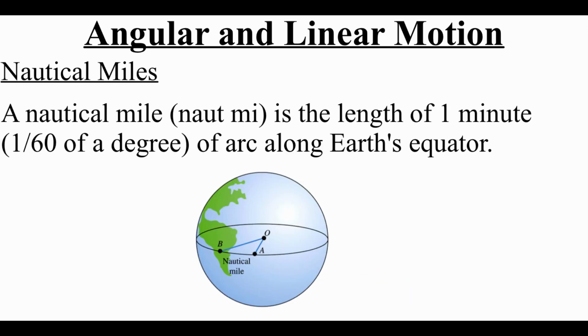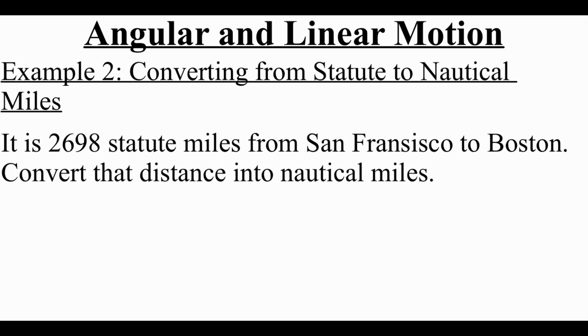Now, typically as we're measuring long distances on land, we use statute miles. But if we're piloting an airplane or sailing a ship, they use what are known as nautical miles. And a nautical mile is the length of 1 minute, or 1/60th of a degree, of an arc along Earth's equator. And what we're going to do next is work on converting statute miles into nautical miles. So here's what we're going to do. It is 2,698 statute miles from San Francisco to Boston, and we want to take that distance and convert that into nautical miles. Now, in order to do that, we actually need to know the Earth's radius, and that happens to be